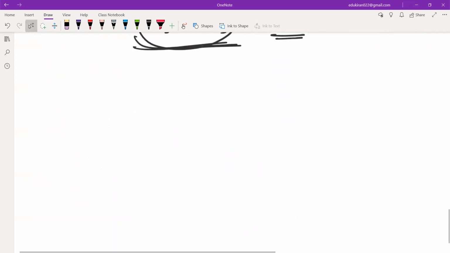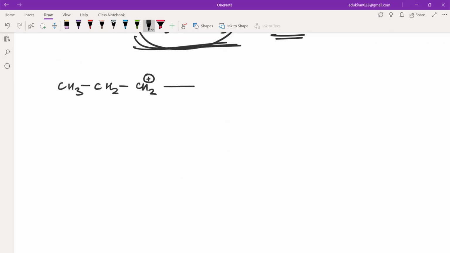We have what we know as a hydride shift. We have CH3, CH2, CH2 positive. It undergoes a 1,2 hydride shift. That means from the first carbon to the second carbon, a hydride shift, H shift, and it forms CH3, CH positive, and CH3. Now this is more stable. That is why this carbocation is going to attack on the benzene ring, and we are going to get isopropyl benzene. So when it attacks on the benzene ring,